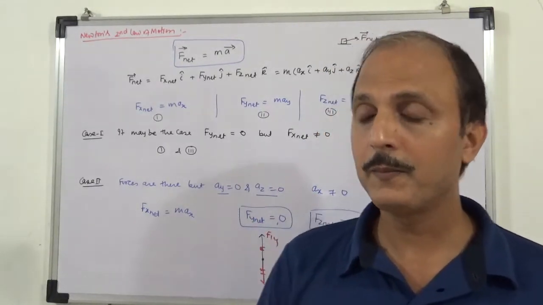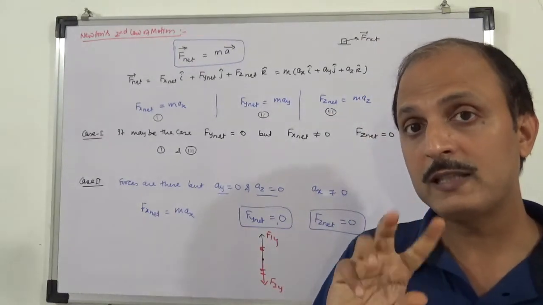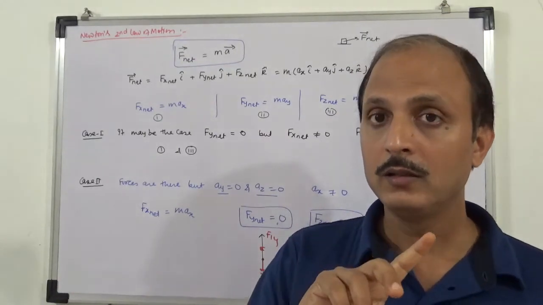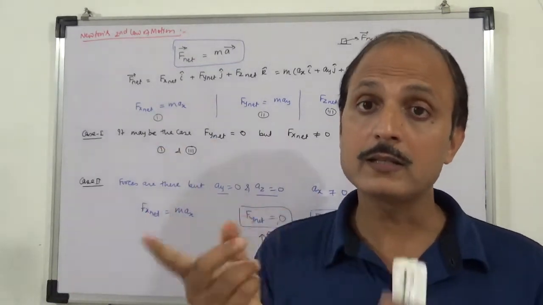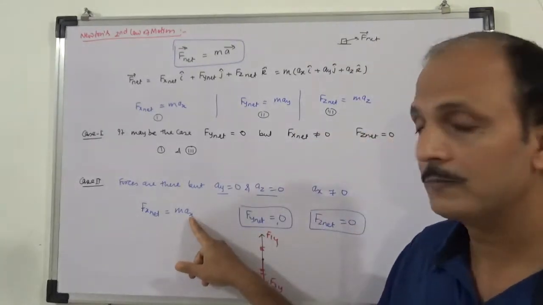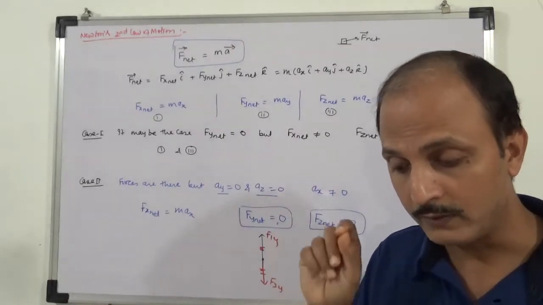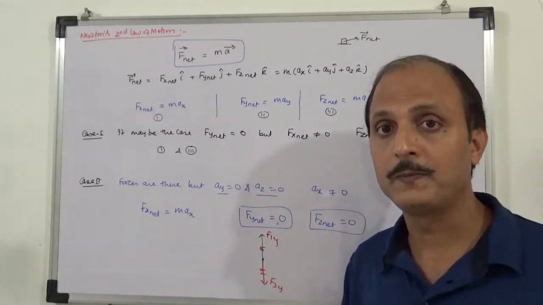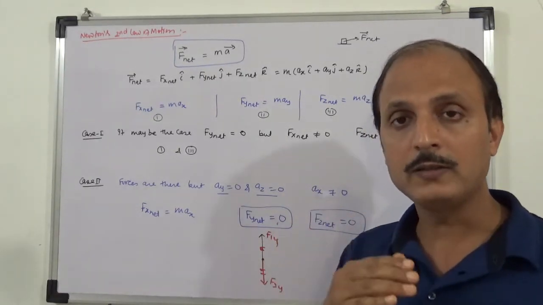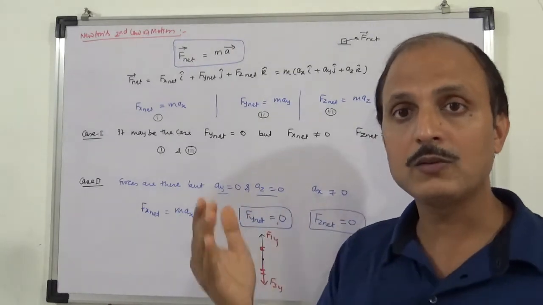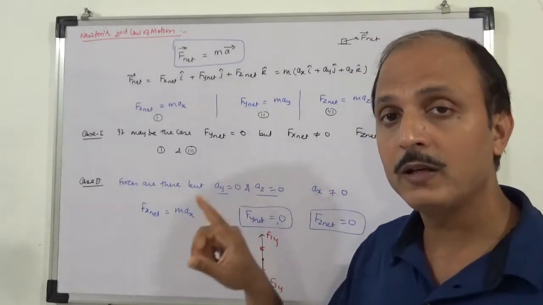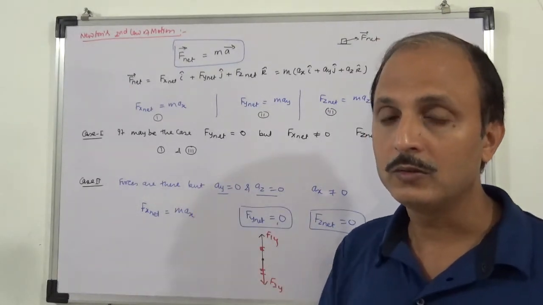Okay. Second, force always causes change in motion. Change in motion means what? Either its velocity will increase, decrease, or direction will change, and that change in motion is done by the acceleration. And that's why I said this topic is a cause of the motion. Motion कैसे शुरू होता है? Change in motion क्यों होता है? Change in motion means velocity changes. Velocity change होगा तो position change होगा. So acceleration is responsible for change in velocity, and this acceleration comes from where? When there is a net unbalanced force.